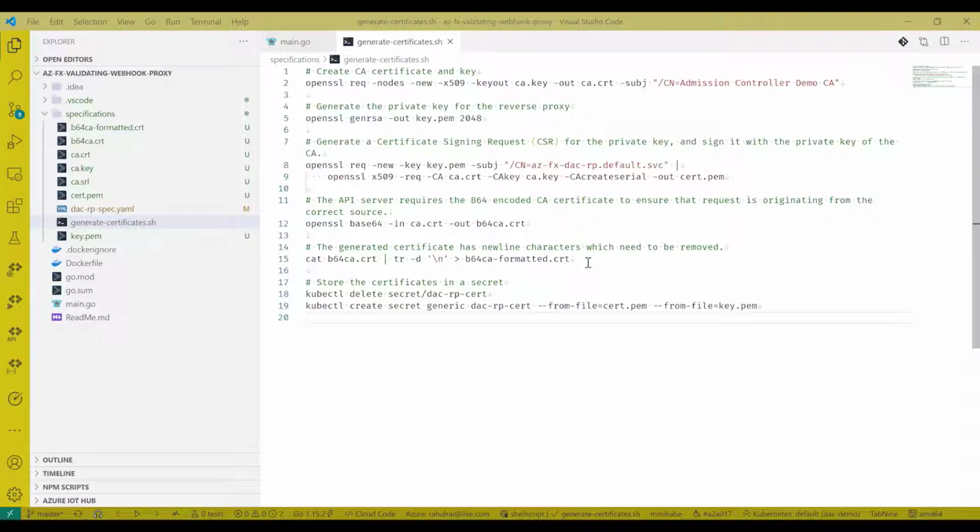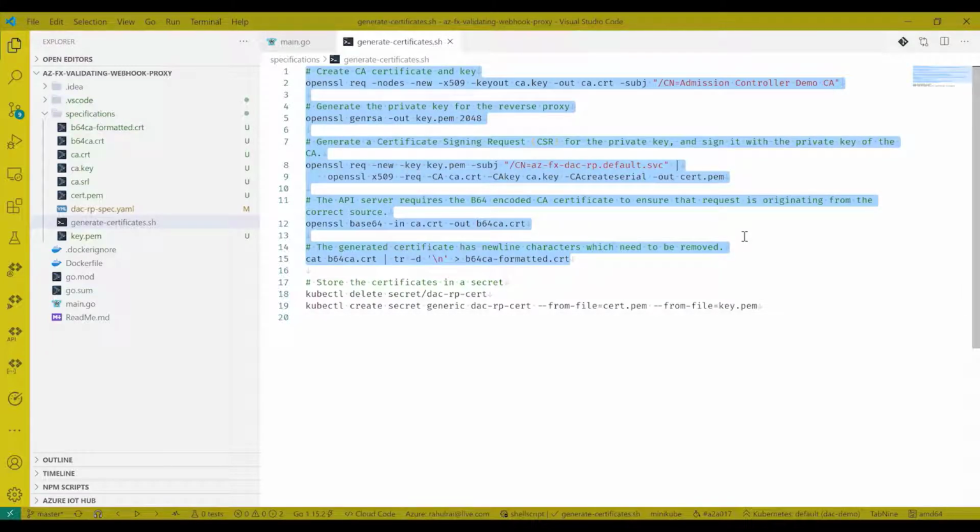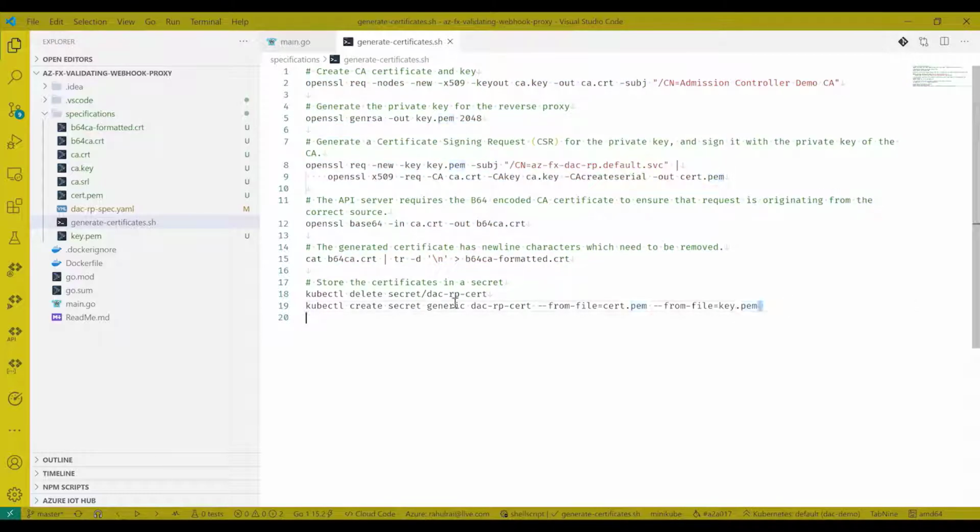The first couple of statements generate relevant TLS certificates. And in the last part, we create a secret named DACRP cert, which takes the certificates that are generated from the previous commands and mounts them as a secret. This secret is later mounted to the application in the form of a volume. We'll go through that specification next.